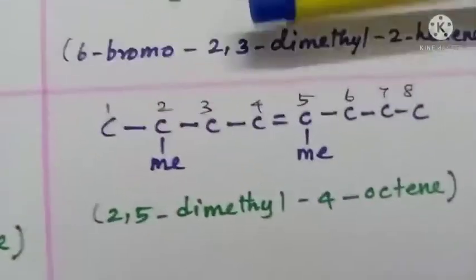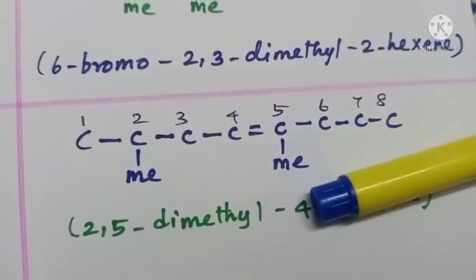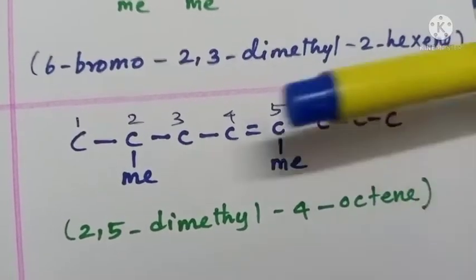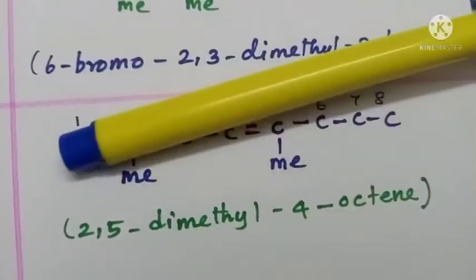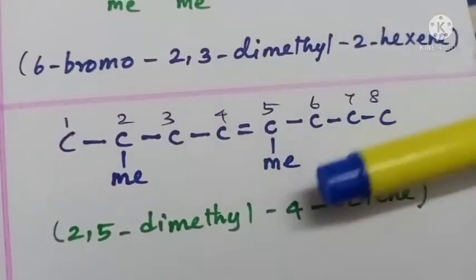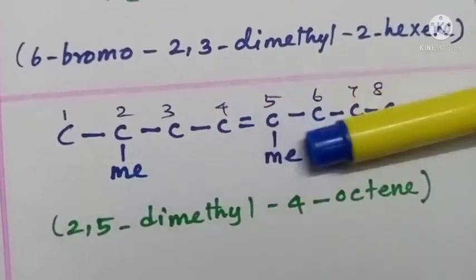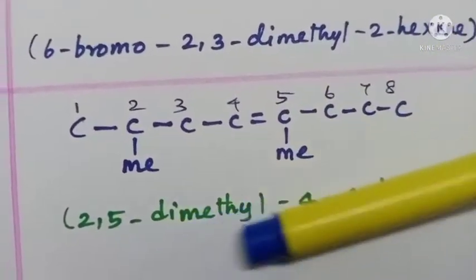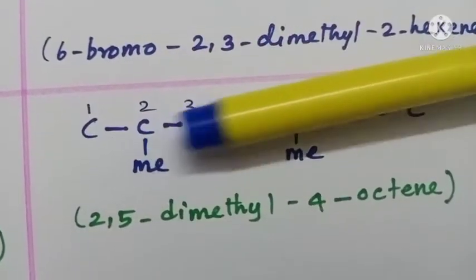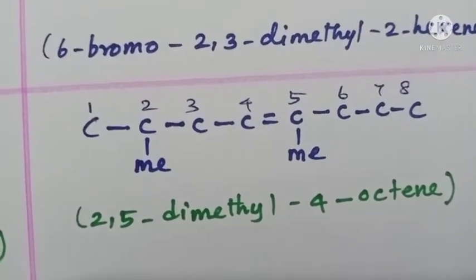Right. So look at the next compound. An alkene, a branched alkene, which has 2 methyl groups in the branch, with totally 8 carbons, isn't it? So it is supposed to be an octene. Numbering has to be started from the left end, isn't it? Because it is near to the first branch near to the left end. So the double bond is getting number 4, so it is supposed to be 4 octene. Then the methyl groups are at carbon number 2 and 5. So 2,5 dimethyl 4 octene. That is the dimethyl, 8 carbon derivative, 4 octene. Right. Thank you.